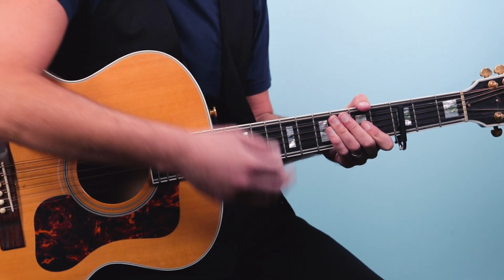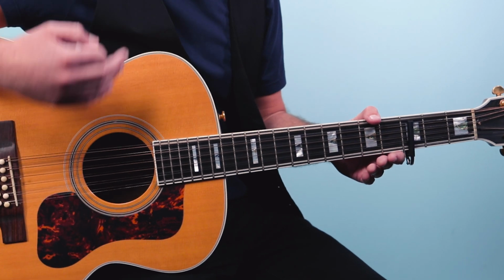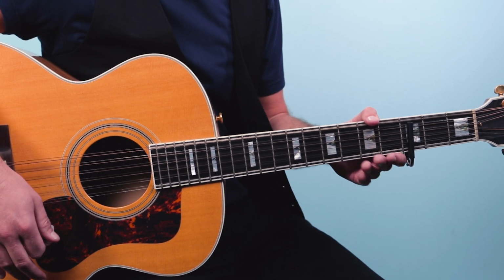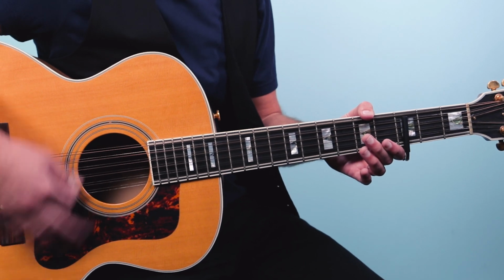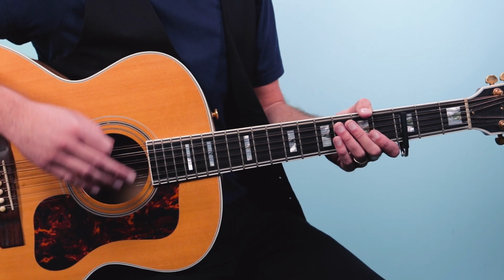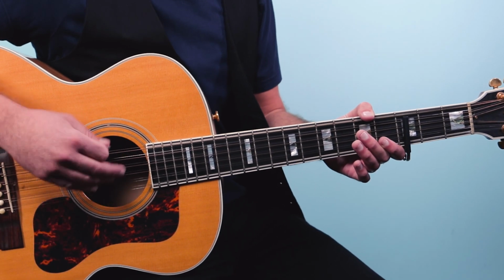So strumming, let's talk about that. It starts out with this kind of drag, right? That's an up, down, just right on the first beat. 1, 2, E and a 3 and 4, E and a. If I take away that first up, the main strumming pattern is going to go down, down, up,